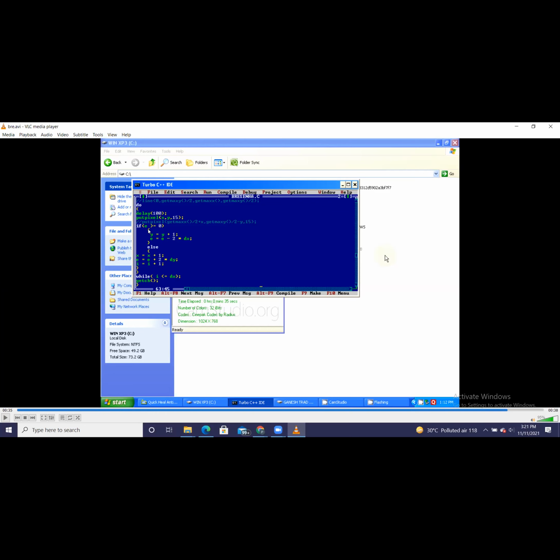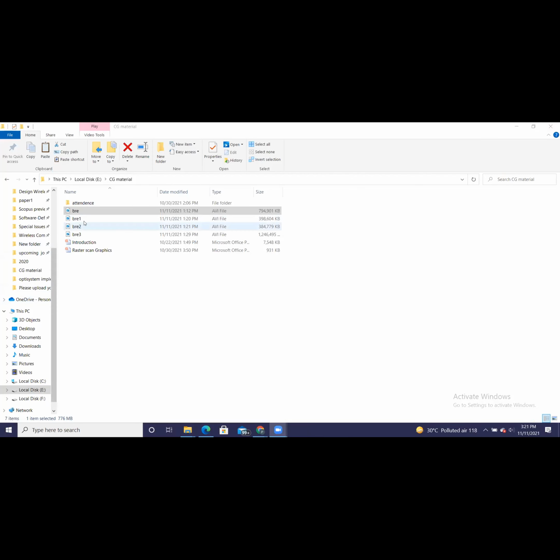So in this way, by using this program, I am able to draw a line only on the screen, and the whole screen is acting as your first quadrant. We are able to view the line in the first quadrant by using this particular program. Let us see what is happening next. So that is about the first program, and here I will show you the execution.